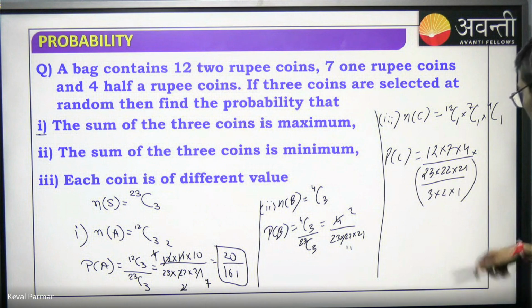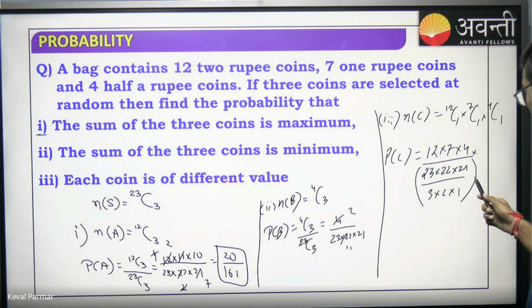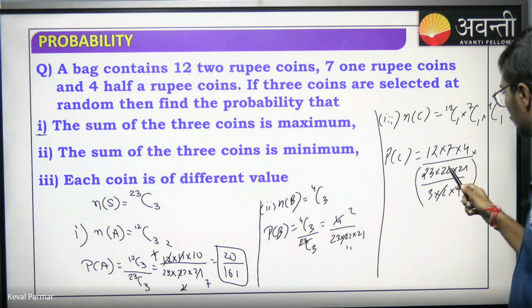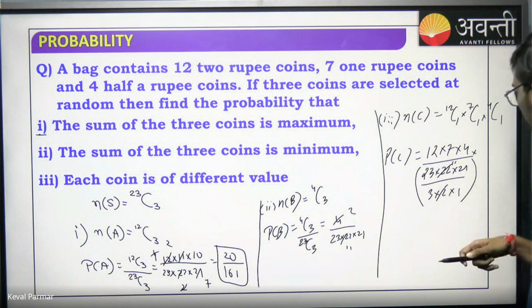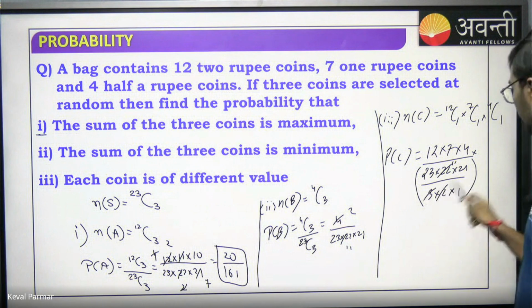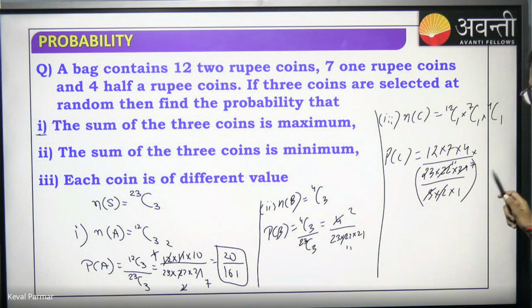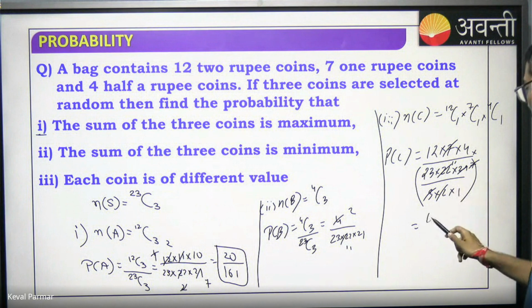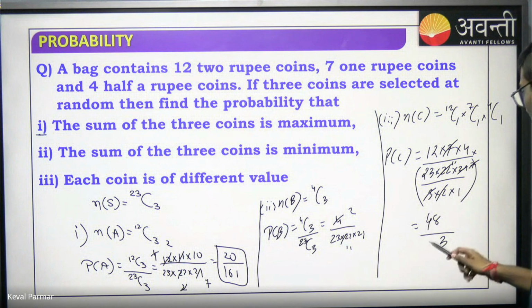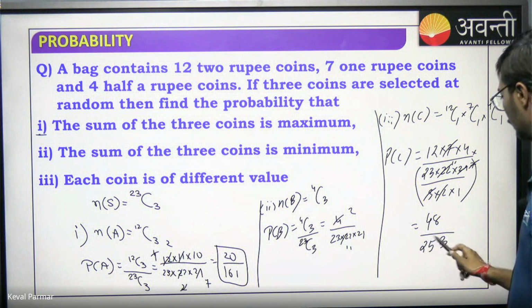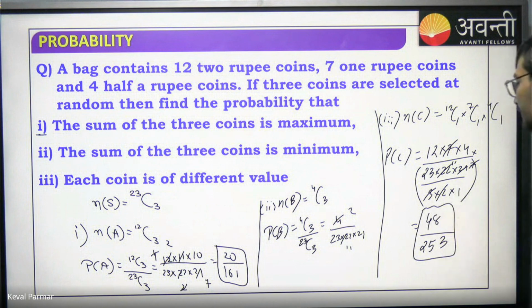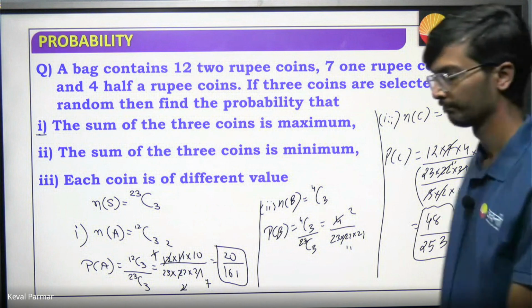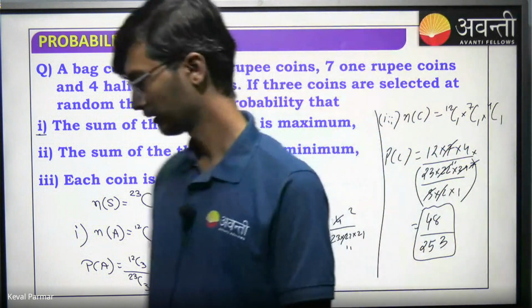So जो भी आया अभी, 2 can be cancelled out with your 11. 3 sevens are 21. So this all gets cancelled. 7 will get cancelled. बस ऊपर है 12 fours are 48. नीचे 23 11s. 48 upon 253. This is my answer. All good, guys? Give me a thumbs up